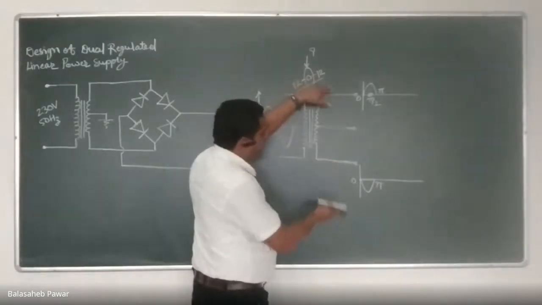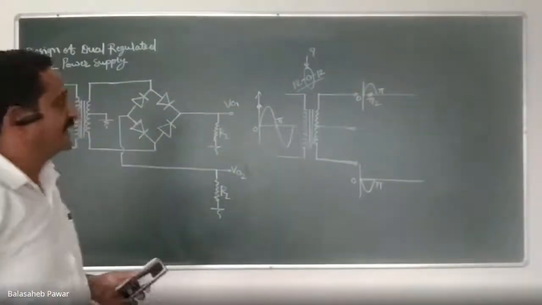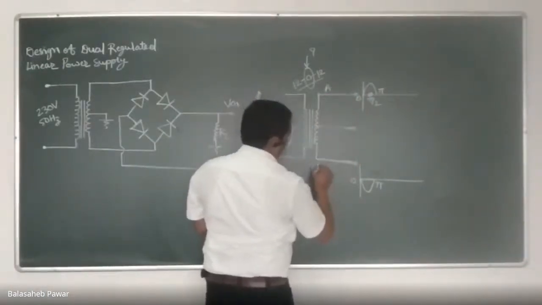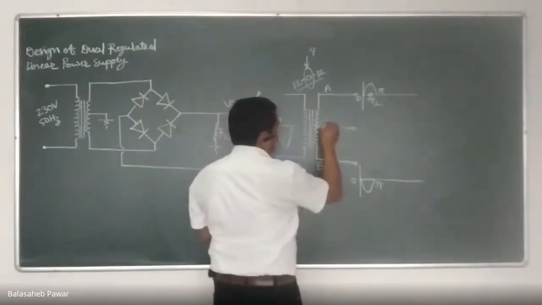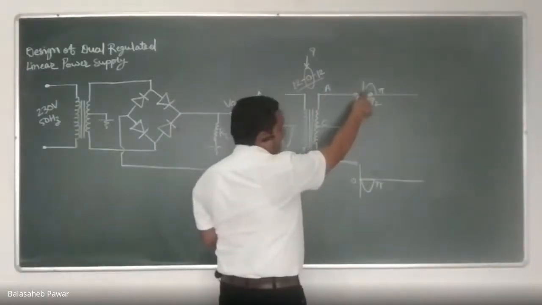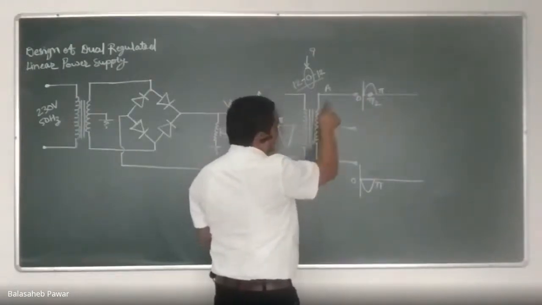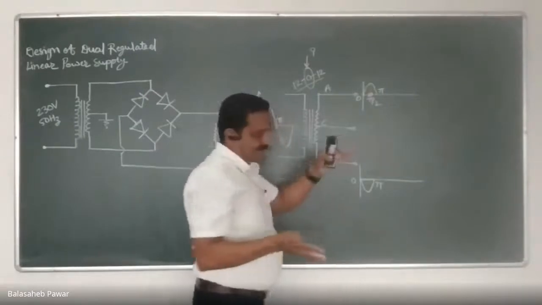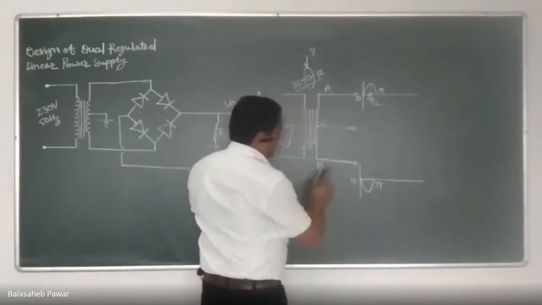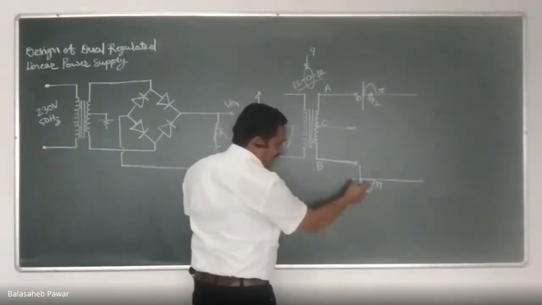Instead of that, if I consider this secondary as 2 inductors connected in series, and analyze it separately, we will call this first terminal as terminal A, this outer one as B, and the middle one as C, right? When terminal A will be at positive potential, or will follow the input signal for the time period 0 to pi, its opposite terminal, as per the property of that inductor, if the end to end secondary coil is considered, then terminal B will be at negative potential, right? For the same time period, that is 0 to pi.